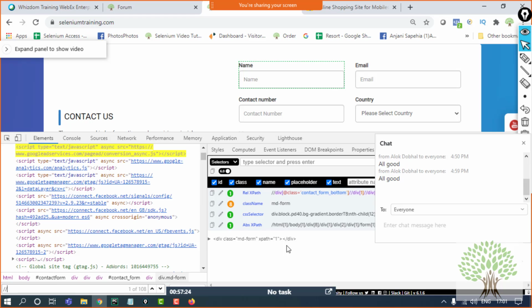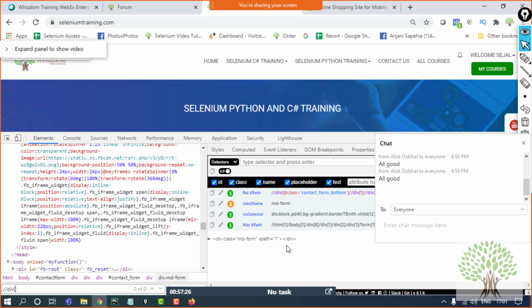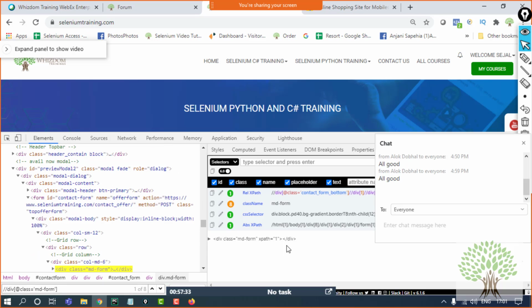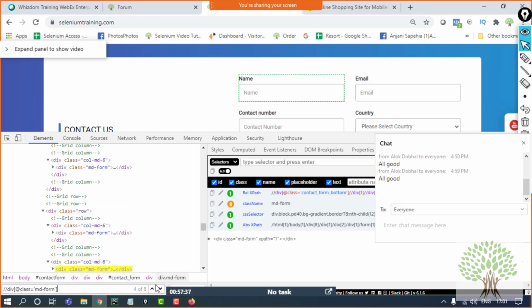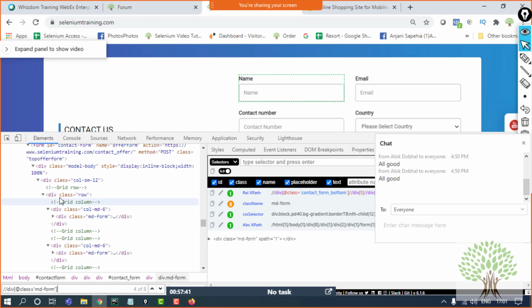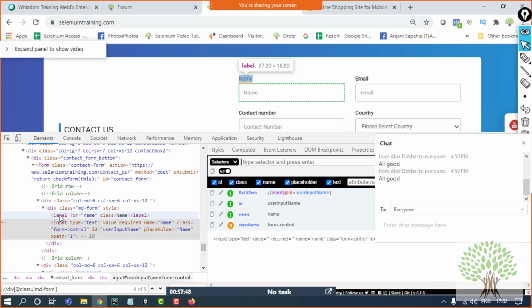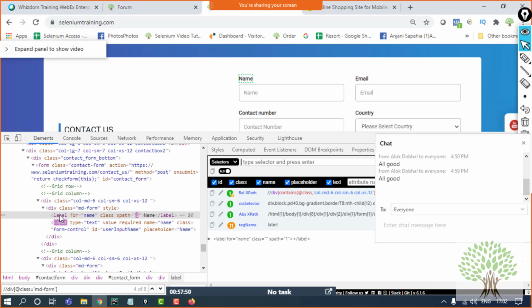So this is a div tag, @class is equals to this. So there are 8 elements which are being highlighted. Inside this, if I want to print this name, the particular text is inside a label tag. Fine. So if I go for and I say label.